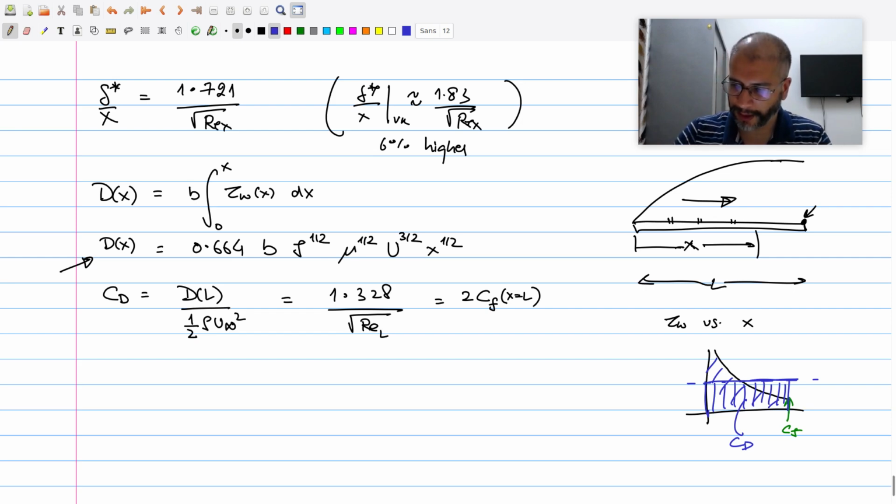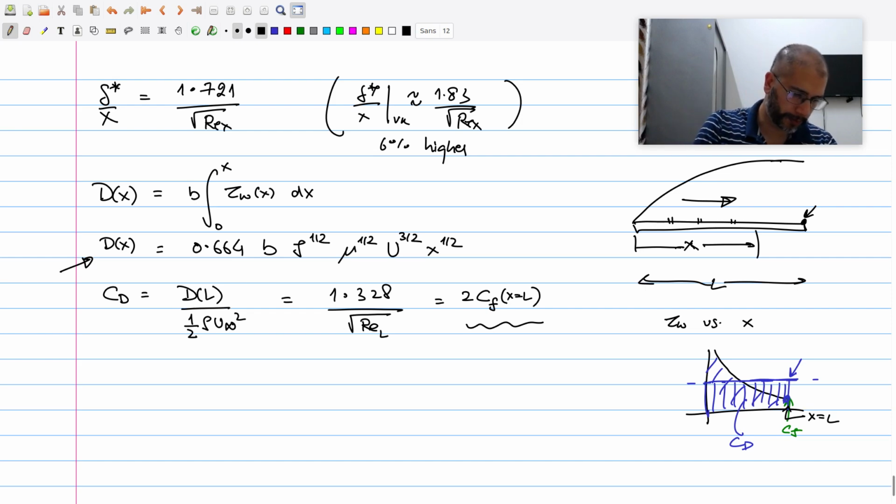So this definitely is going to be higher than the value of the function here. The integral of a decreasing function will definitely result in an average value greater than the value of the function at x equal to L. This is x equal to L. This idea is quite intuitive anyway, but one has to remember that because you can calculate the CF value, you don't need to solve for CD again. CD is simply twice CF for flat plate laminar flow.